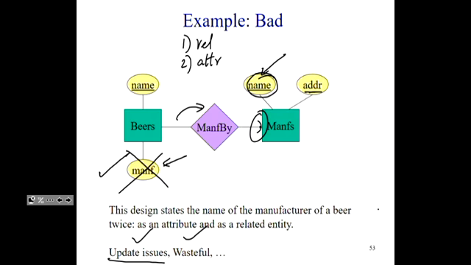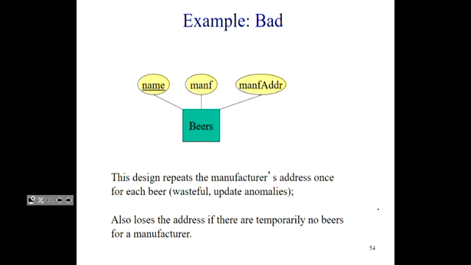Okay, so this is the first and simpler issue. Now we get to the slightly hairier issue, which is removing the manufacturer's entity set entirely, and having it all as attributes of the beer entity set, right? So you've moved the name of the manufacturer and the manufacturer address both as attributes of your beer